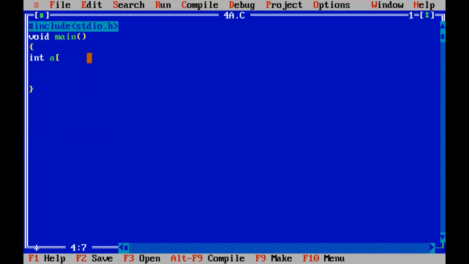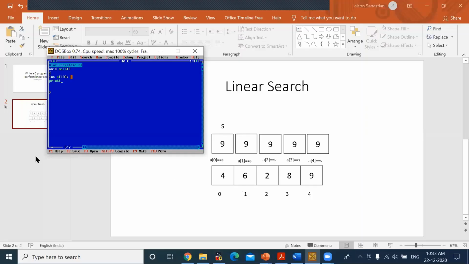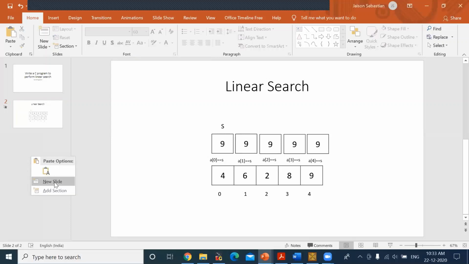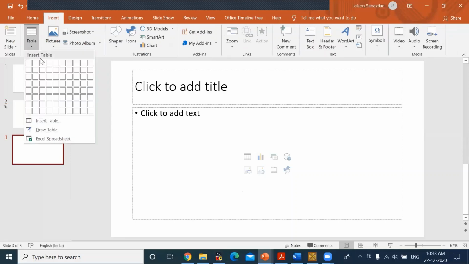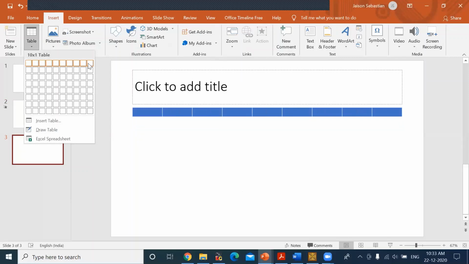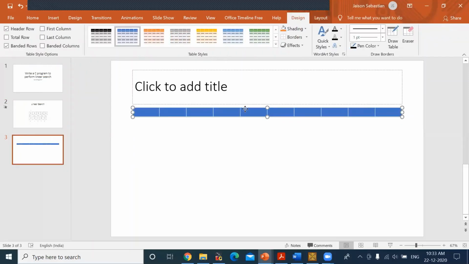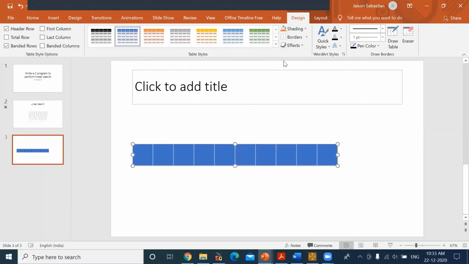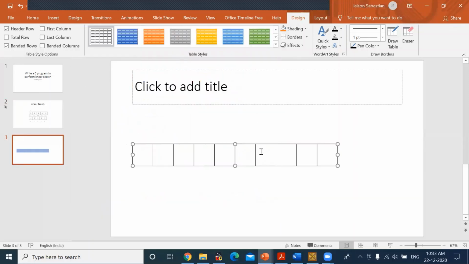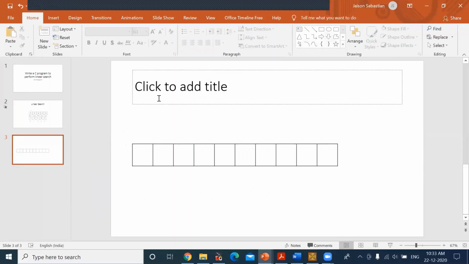I'm giving the name of the integer array as A, and I'm declaring the size of the array as 10. But now I'm asking the user, even though I am declaring, so here you listen, if you declare and do not use it, I'll just show you what will happen. If I'm using an array and declaring the size as 10, what will happen? Now I'll just show you. Suppose this is the array. I'm declaring the size of the array as 10.